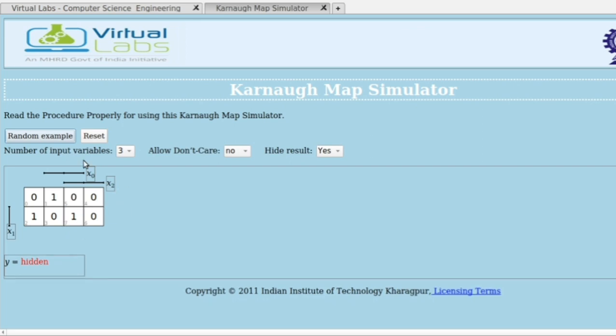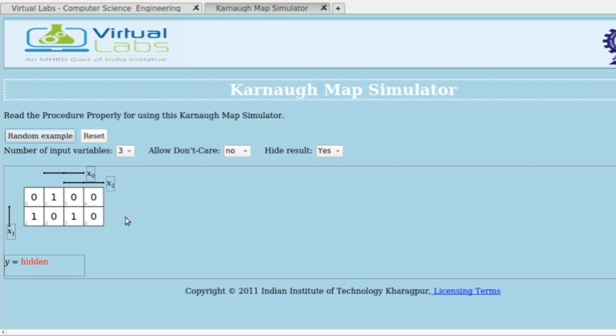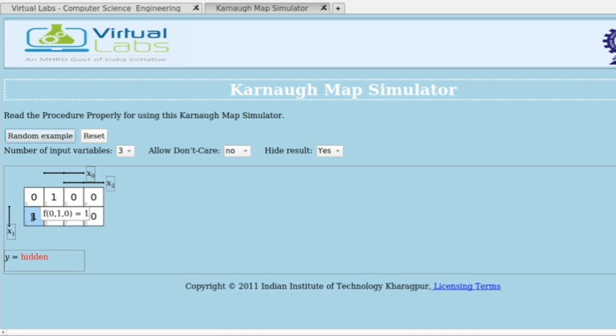The difference between the K-map displayed here and the one we studied earlier is that in this case this square is 0, decimal equivalent 0, this one is 1, and here it is 5. We studied that here it is 3. In this simulator here it is 4, but we studied that here it is 2.